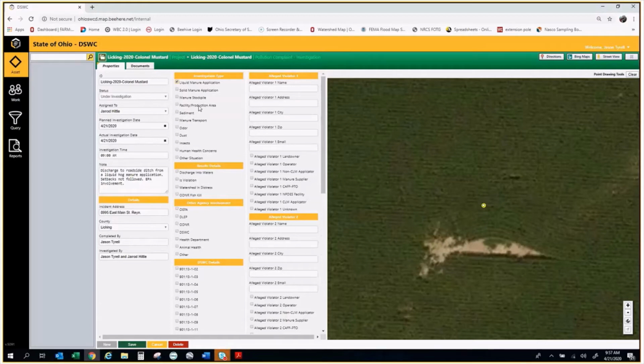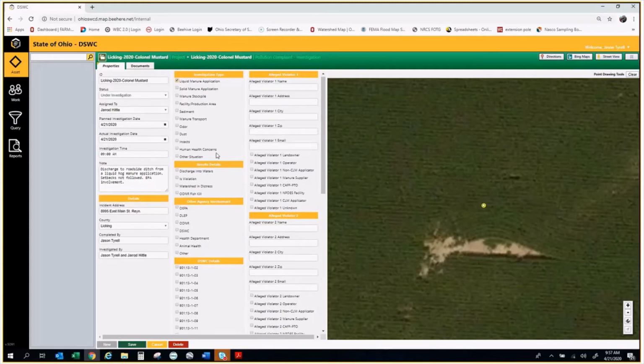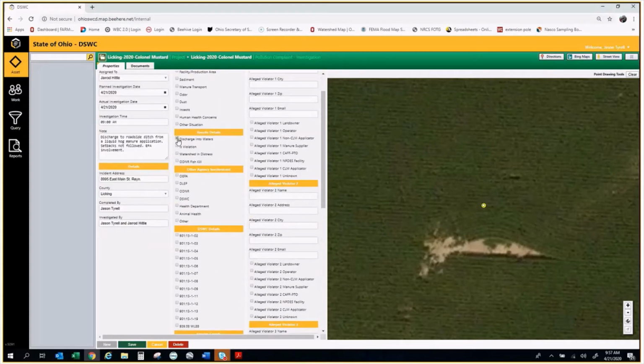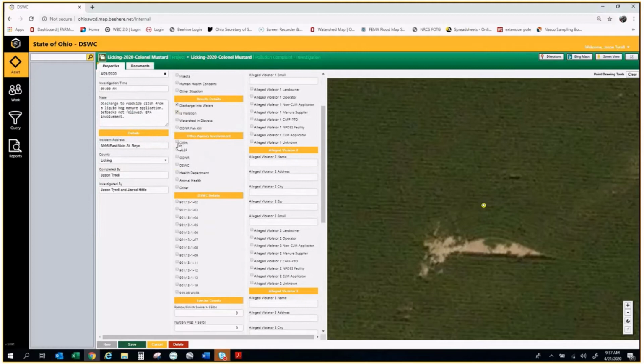Right here is where you indicate the type of complaint that it is. If there was a discharge to waters of the state, and there's a violation, because we have to have discharge as well as not following the standard to be a violation, you would click both of those. The agencies that were involved,